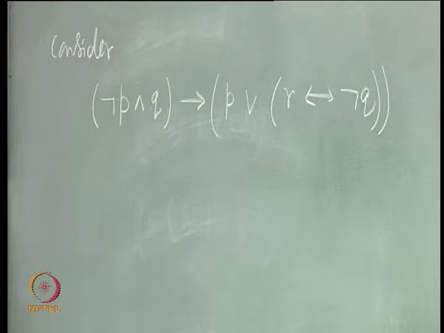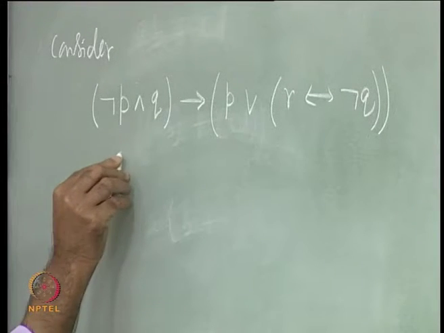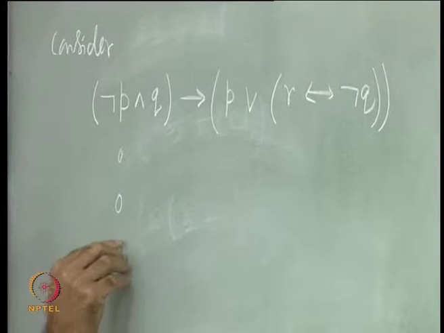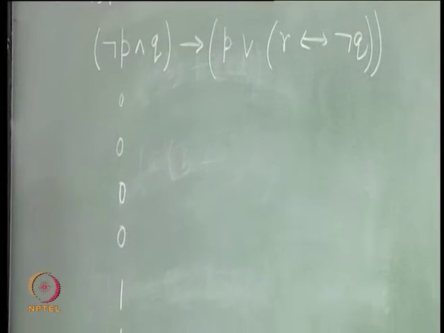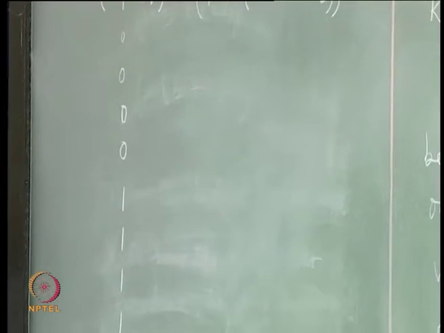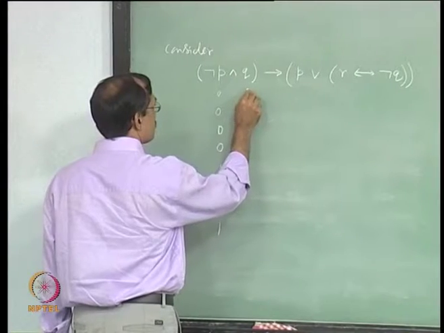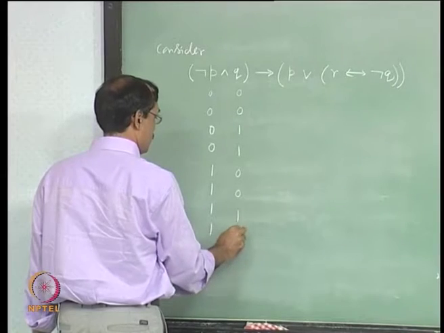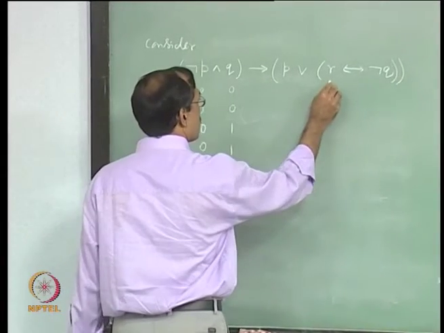Since there are 3 in number, there will be 2 to the power 3, or 8, interpretations. All the interpretations can be written down by varying over 0 and 1. So, let us write them. Say for p I have 0, 0, 1, let me take one more 0, and for q let me write 0, and for r